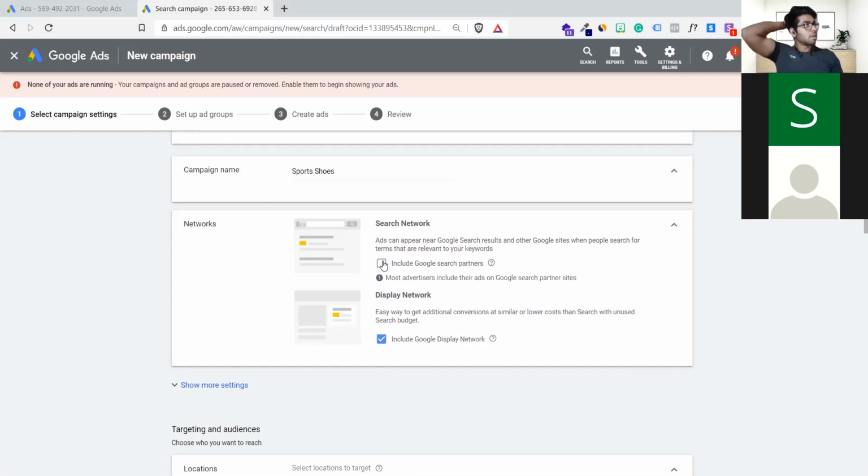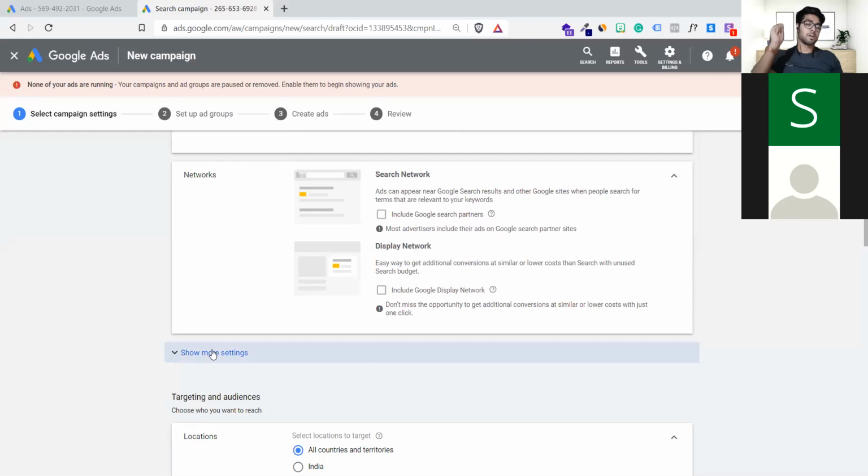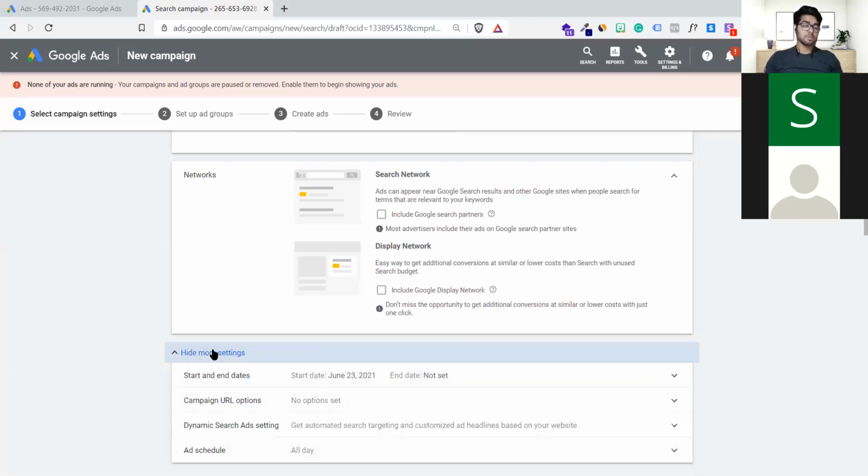If you think that your brand is not resonating with that idea, disable it. If I were the person who wants to sell my sports shoes brand, I will disable this for some reason. You know why? Because I want highly targeted audiences. If someone is searching on Google search, I want traffic from there, not from those websites partnered with Google. I will disable this option as well. I don't want any traffic coming from YouTube advertisement or display advertisement, as a banner or any kind of video format. So I'll disable this.